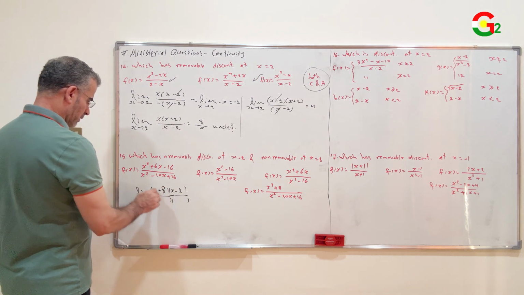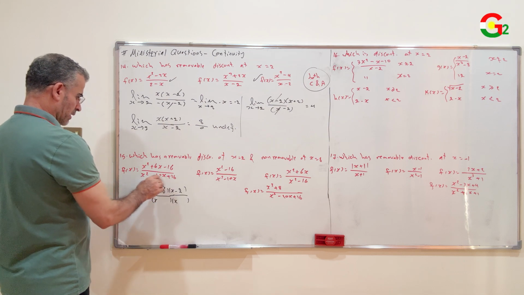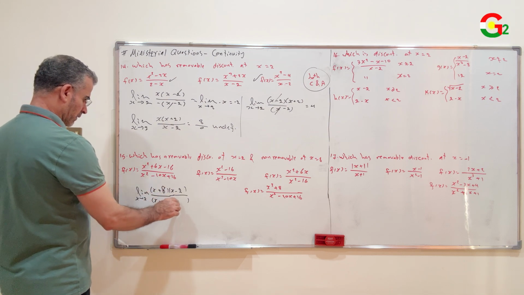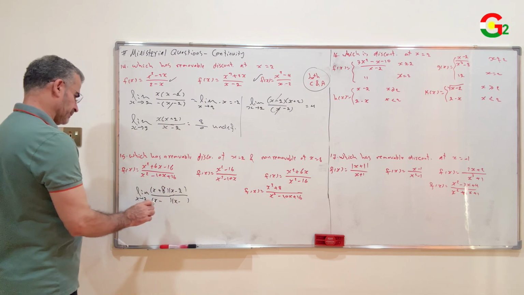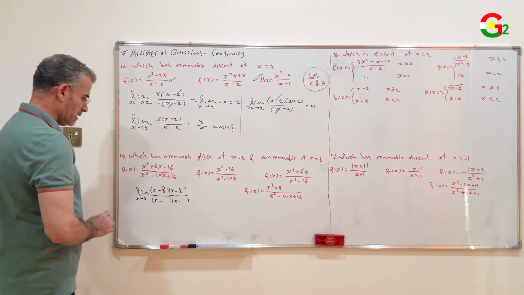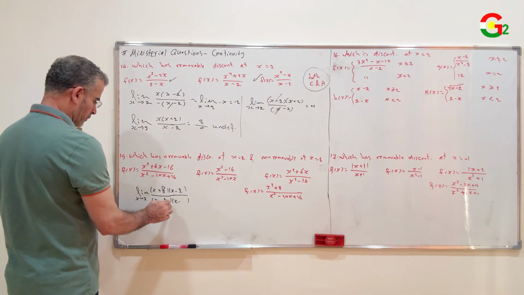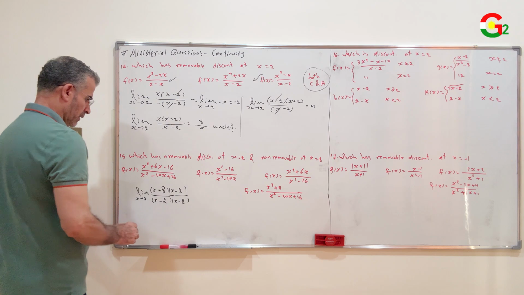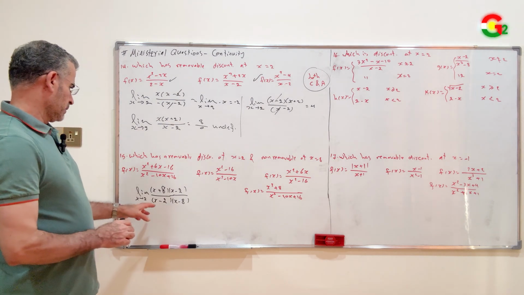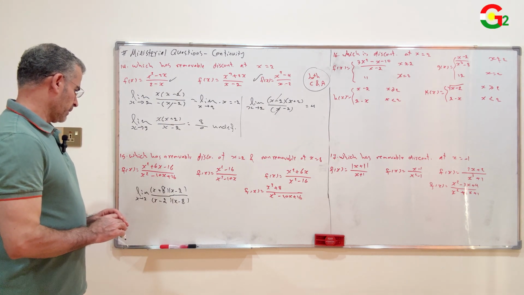For the denominator, x positive, negative, it means negative, negative 16, negative 2, negative 8, then